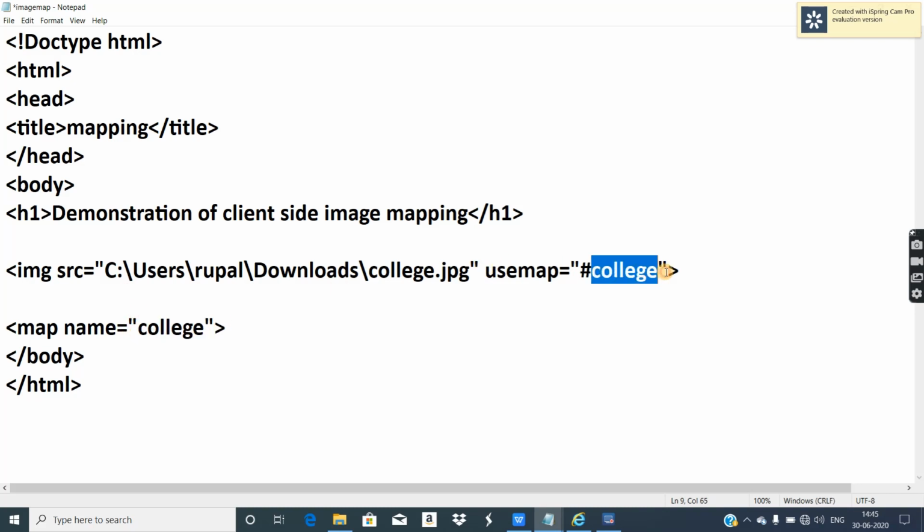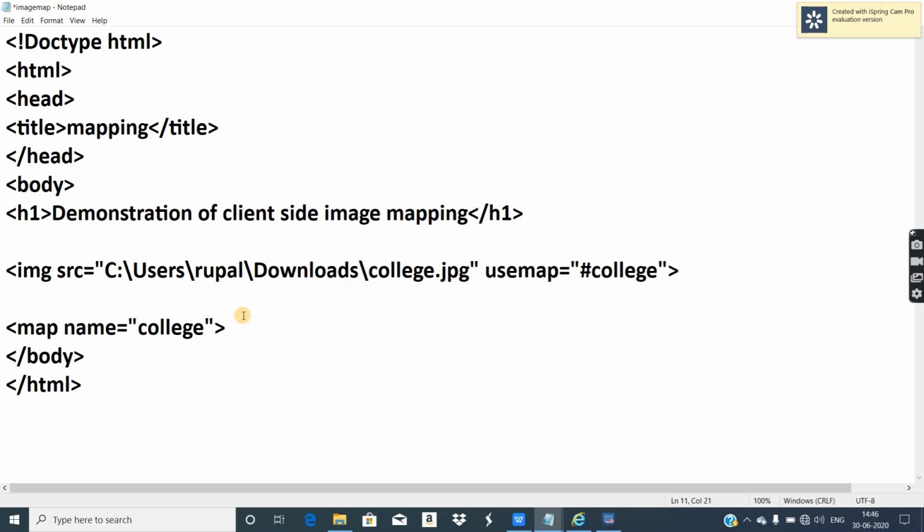This name must be same, then only whatever you provide inside the map tag will be available on the image. Linking is done with the help of name attribute. Only the thing is in usemap you provide a hash and here you ignore the hash symbol. But this text has to be same, the values have to be same, except the hash symbol. Hash symbol is to be provided in usemap.